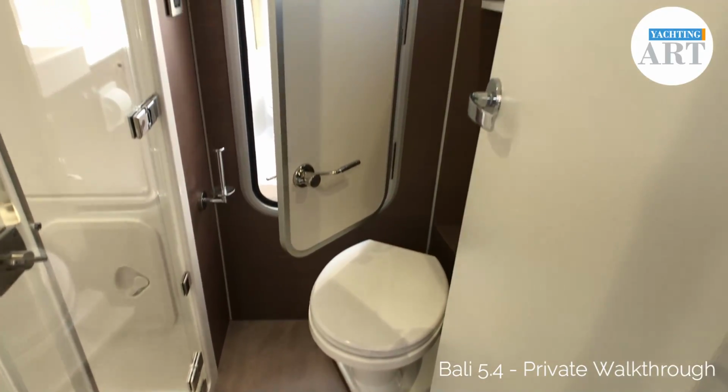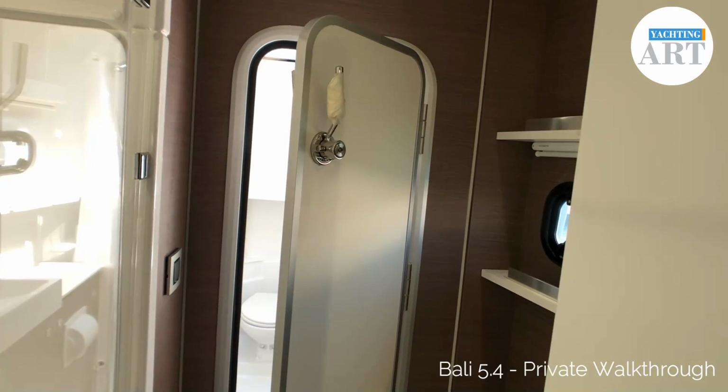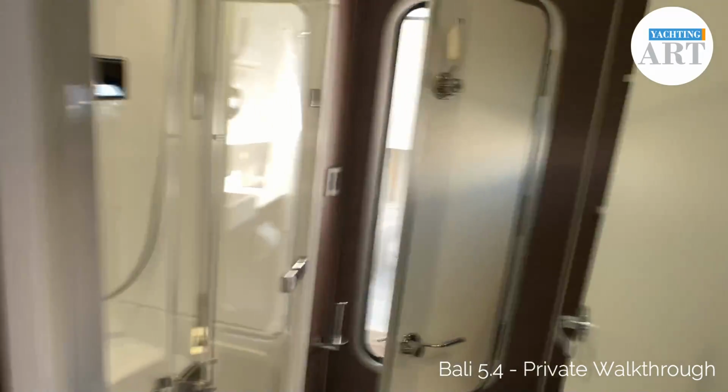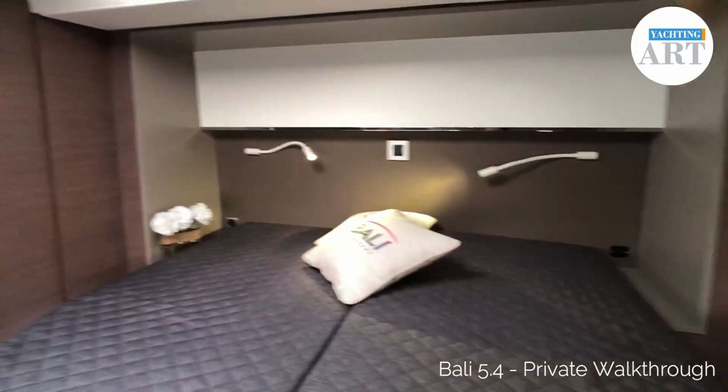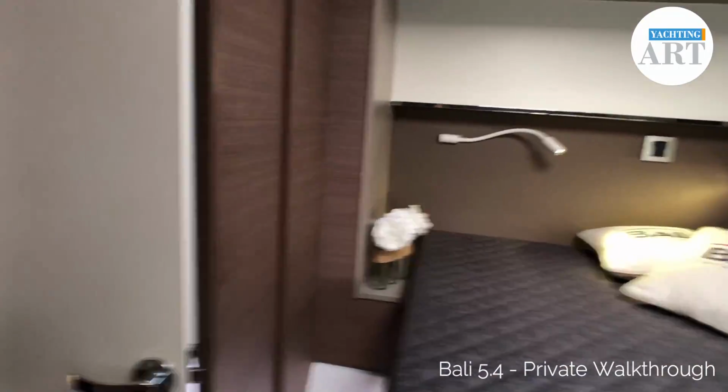So private shower and head, and you have access to a skipper cabin up front, which has its own toilet and shower as well, and a bed. How many skipper cabins? 2 crew cabins. We will now go back to the saloon